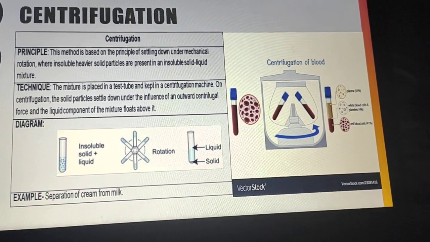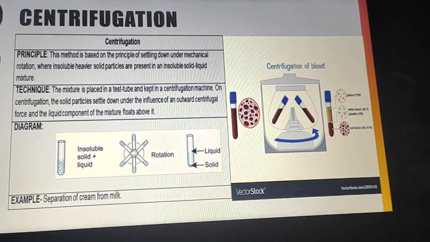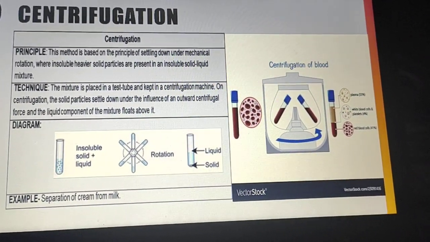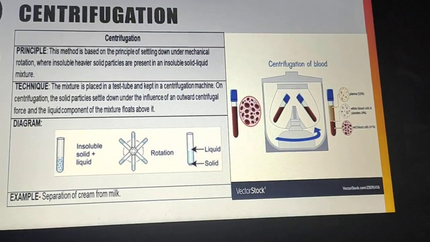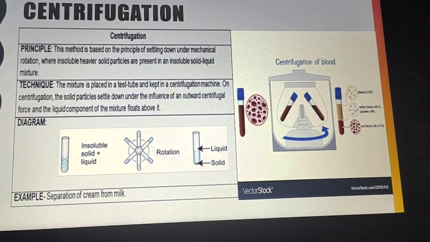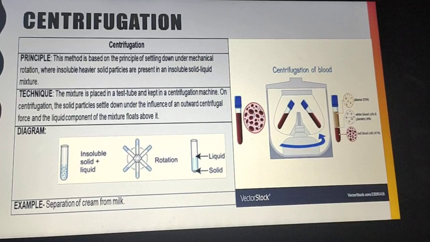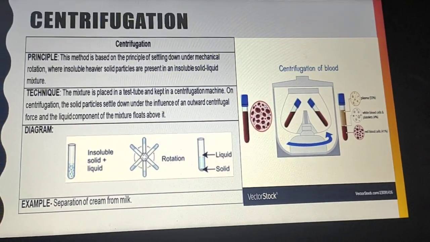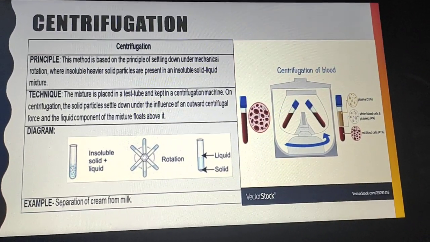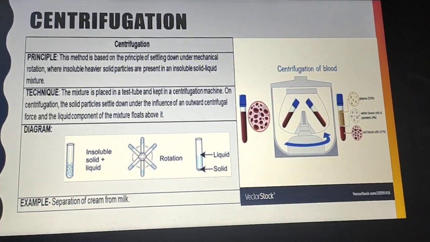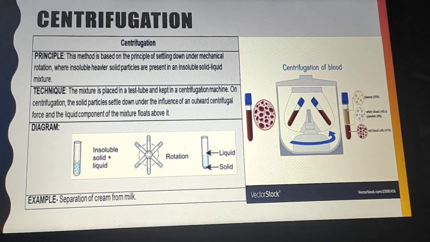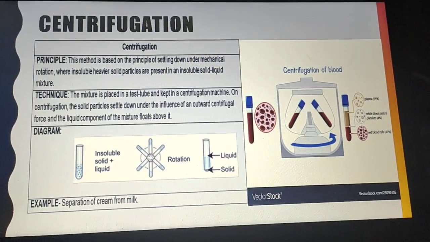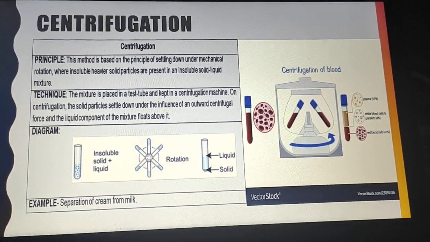An example is the separation of cream from milk. If you want to separate the cream from the milk, then you put the milk in the cuvette and rotate it in the centrifugation machine. Then the cream, the heavier or denser particles, settles at the bottom, and the liquid remains upward. So in this way you separate the cream from the milk. This is again one example. First we have read the chromatographic technique, in which the components separate through the use of solvent and the solvent riser, and we do the spotting.